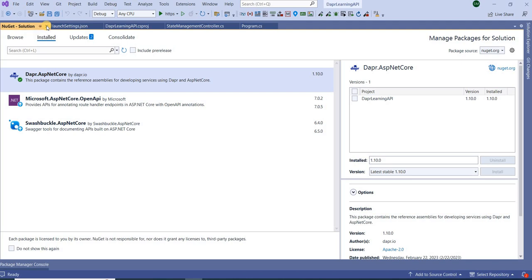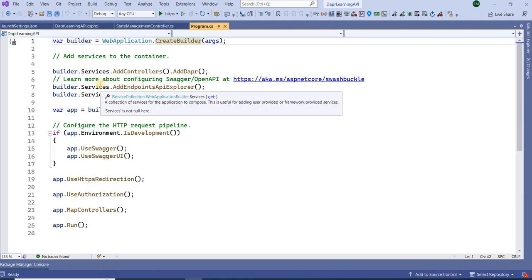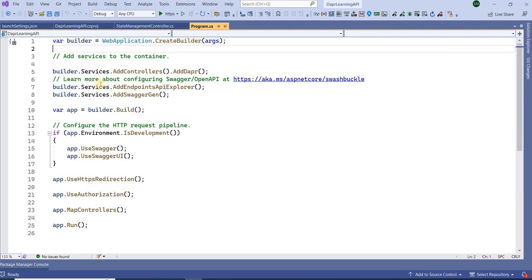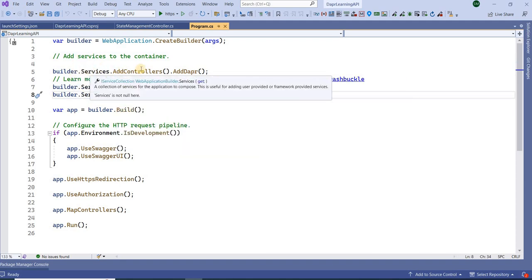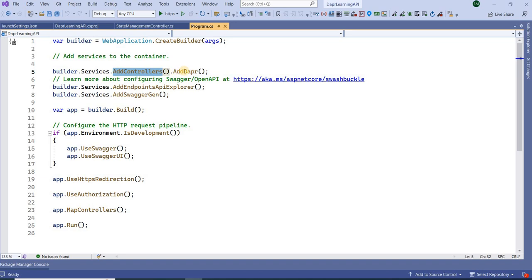After adding this library from NuGet, we need to add the Dapper integration over the MVC or Web API controllers. So here we can add it this way: add controller, then add the Dapper integration. It will provide us classes which we can get using dependency injection inside the controllers.